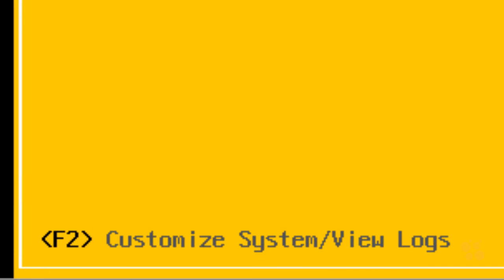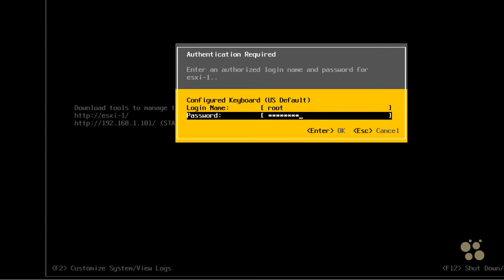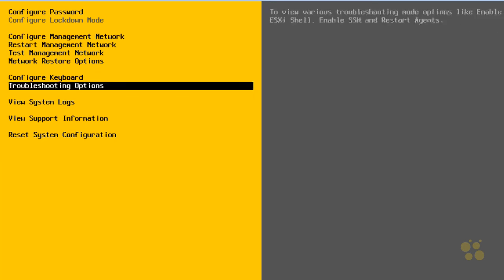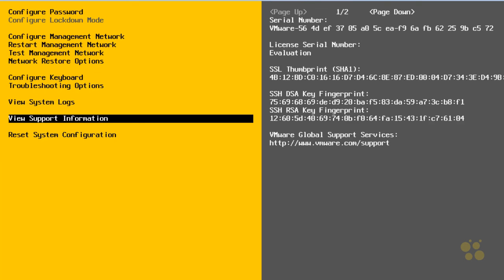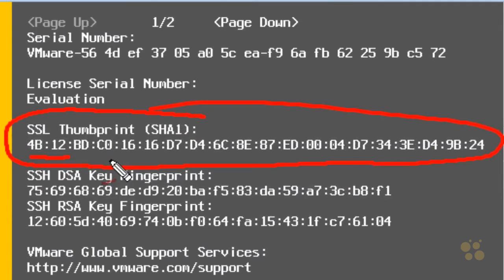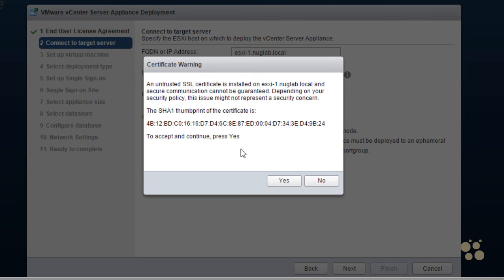So here at ESXi1, we'll press the F2 key, and then we'll authenticate here at the DCUI by supplying our password. And then we're going to use the down arrow key several times until we get down to View Support Information. And here it's showing us the SSL SHA-1 thumbprint, and it starts with 4B12, which, looking at my notes, matches the other side. It ends in 9B24, which also matches. So now that we know that we're connected to the correct ESXi host, we can go ahead and click on